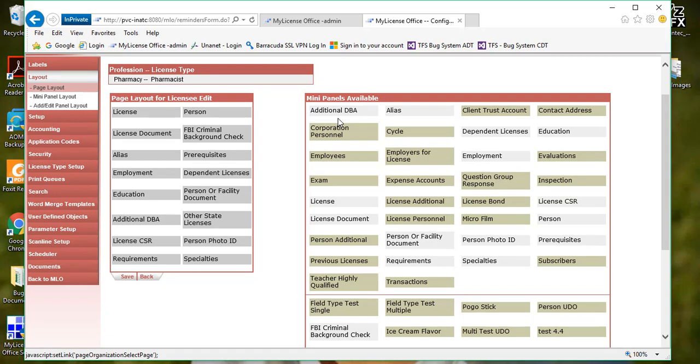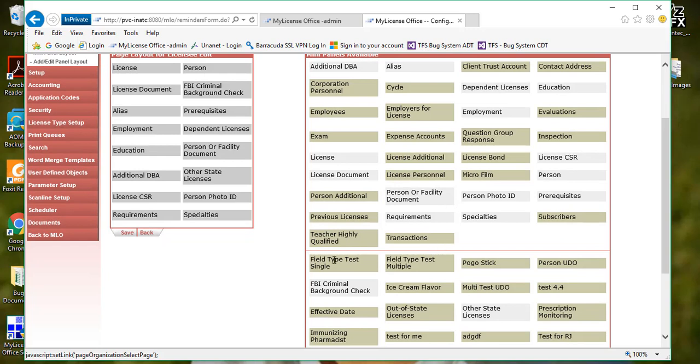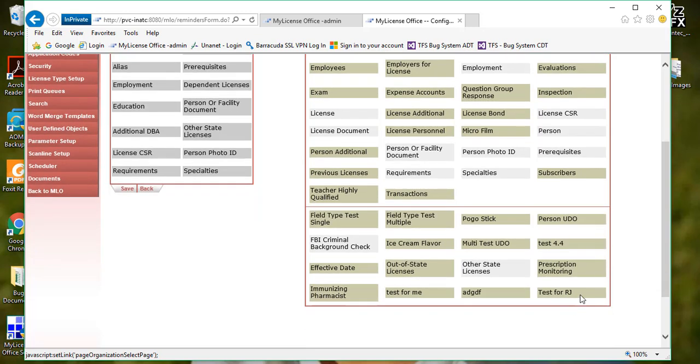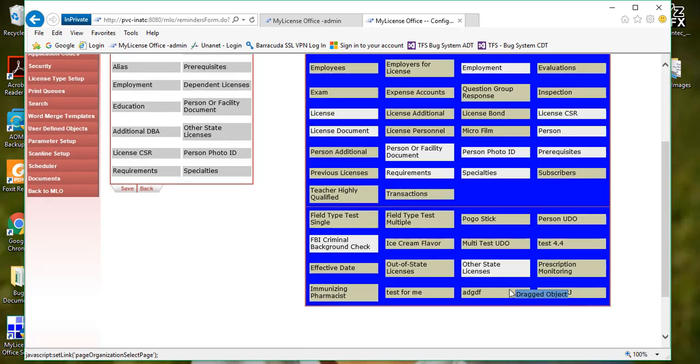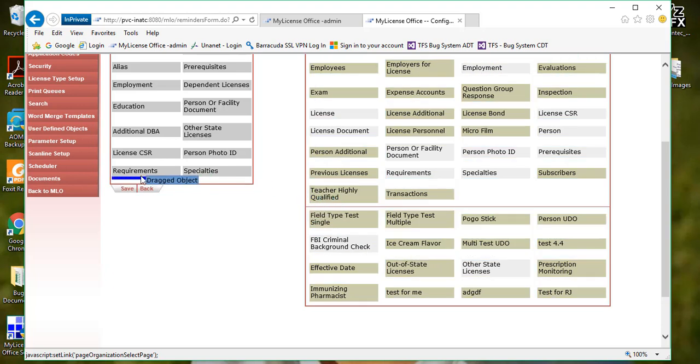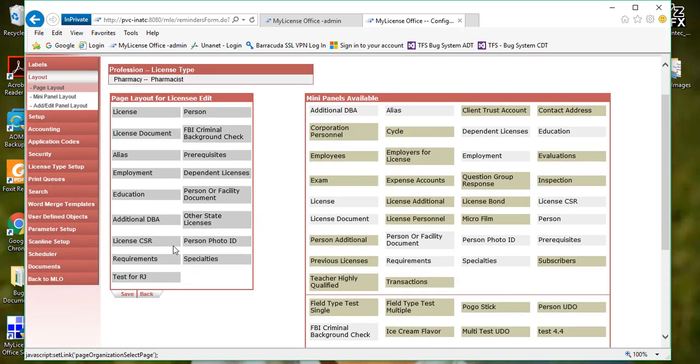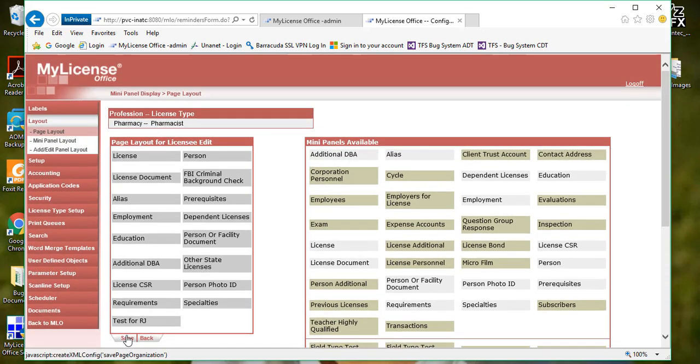All of these that we see in the top portion of this mini panel available page are those UDOs that are available for use natively to the EMLO system. Down here below this red fine line are UDOs that have been created and can be placed on this particular page. So we're going to go ahead and select the UDO that we created, and we're going to simply drag and drop it over from the available panels to the page itself. So we're going to click Save, and now we're going to go ahead and go back to EMLO,